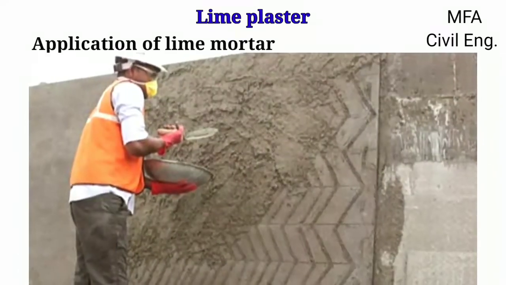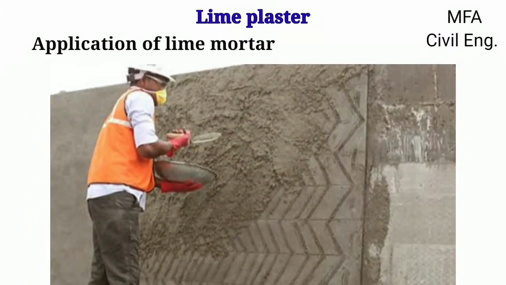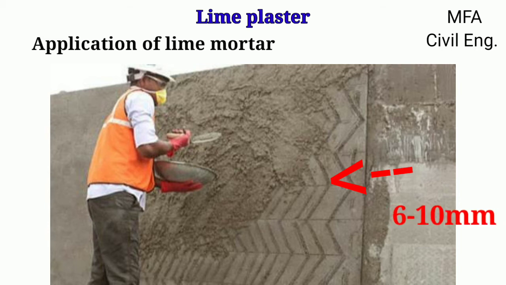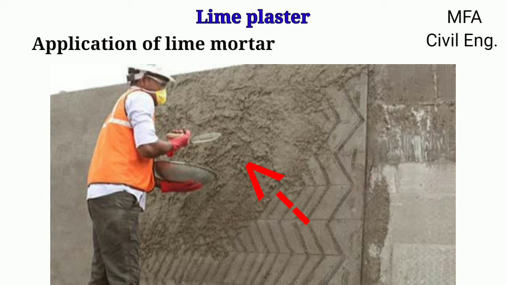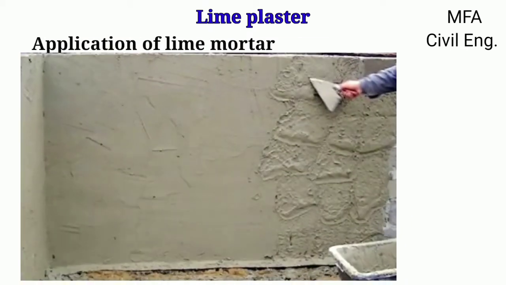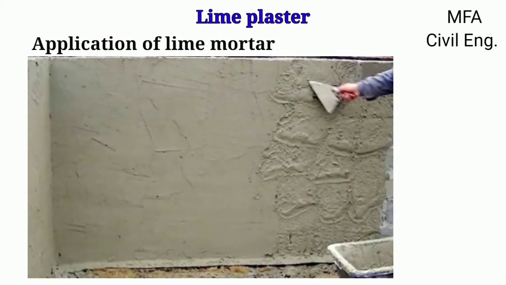It is more desirable to apply the plaster in more than 1 coat. Therefore, before applying the second coat, the mortar is dashed against the wall surface with the trowel in a layer of 6 mm to 10 mm in thickness, so as to have a good key for holding the next coat. Then the second coat is applied over the first coat, which has to set but not dry. Mortar in the second coat is properly pressed and rubbed with a wooden straight edge and leveled by means of a wooden float so as to obtain a uniform finish.